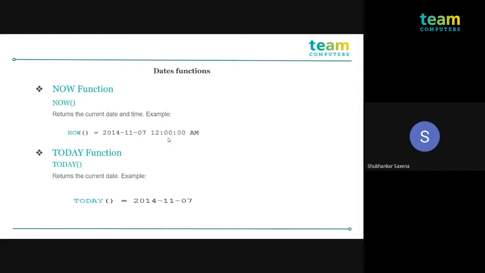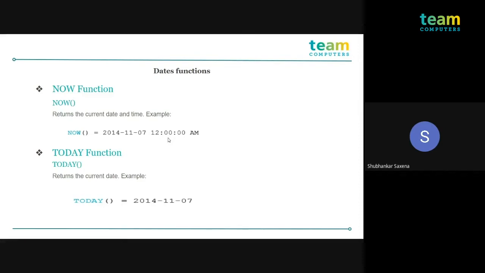And for published extract, now will return the local time of the Tableau server data engine. On whatever system the Tableau server is installed, or if it is Tableau Online, the time which now will show totally depends on that. Today function simply returns the current date.